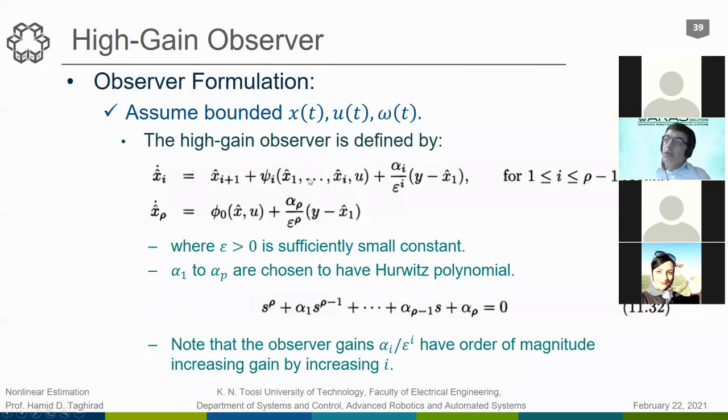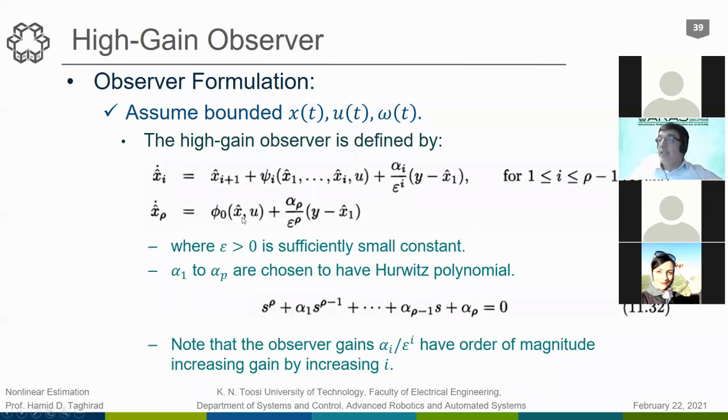This is the motion model which is known, and this is the motion model which is unknown, and we put the nominal values here. And we have some gains here, and since we would like to emphasize the high gain value that we are working with, as you see here, we put epsilon to the power i, to give this normalization in terms of the time scale to all of them. So this is a general high gain formulation that we have for a certain and uncertain nonlinear system with